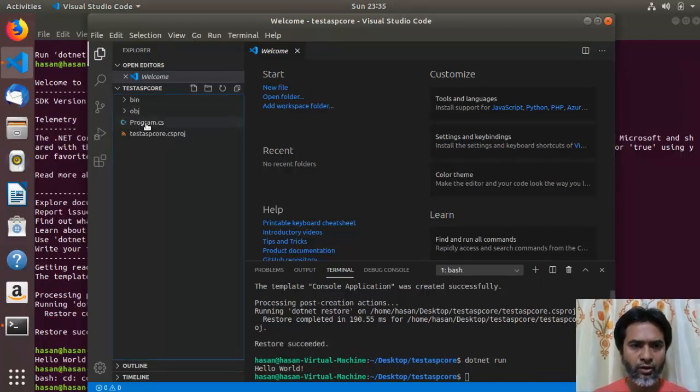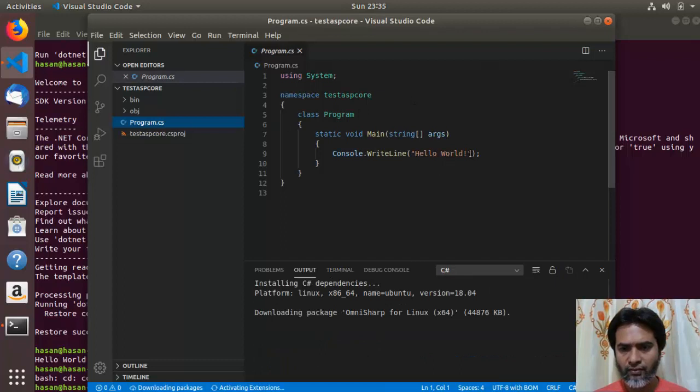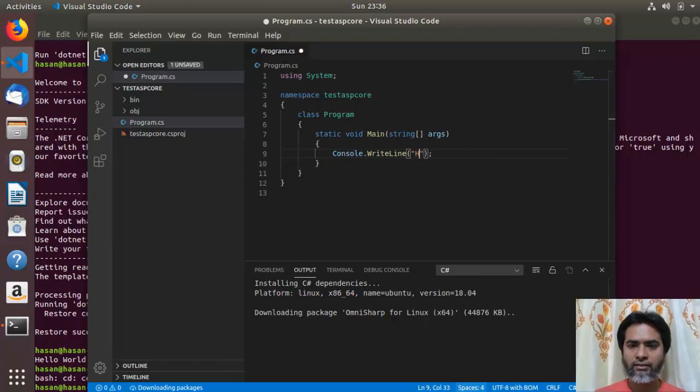Also, if I go to the program file, I can see the .NET file here, ASP.NET Core program file, C# program file. I can change this C# line to success. Success. Cheers.